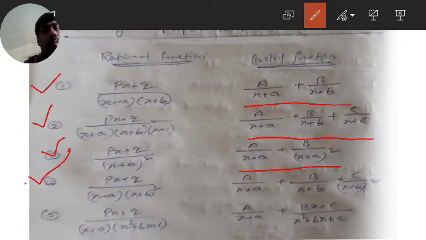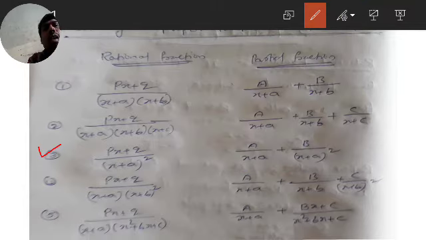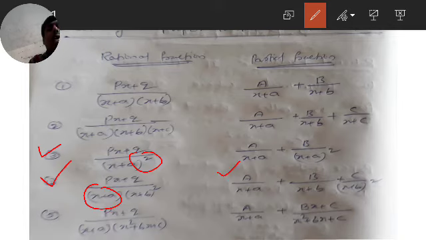You see the third one. I want to explain here. You see the third one, the power is 2. So how are you dividing? A by (x plus a) plus B by (x plus a) whole square. If it is power 3, then C by (x plus a) whole cube. If it is power 4, then you have to add plus D by (x plus a) whole power of 4, like that. Now (px plus q) by (x plus a) into (x plus b) whole square. For x plus a, you have to write A by (x plus a). For (x plus b) whole square, power 1 and power 2.